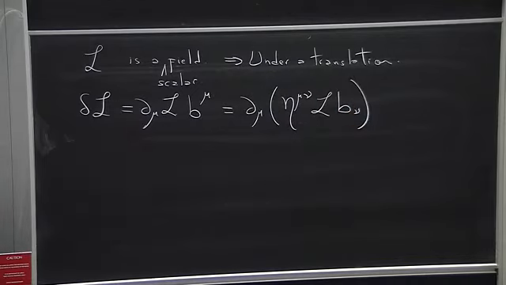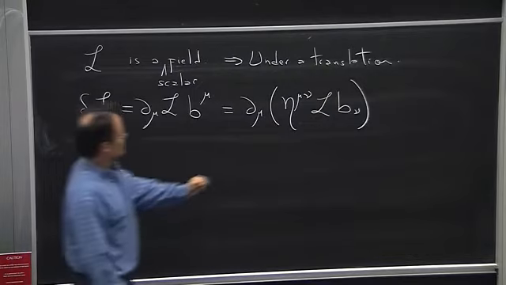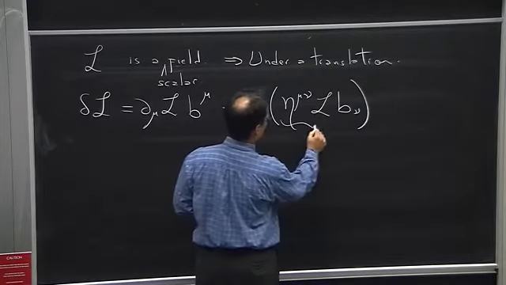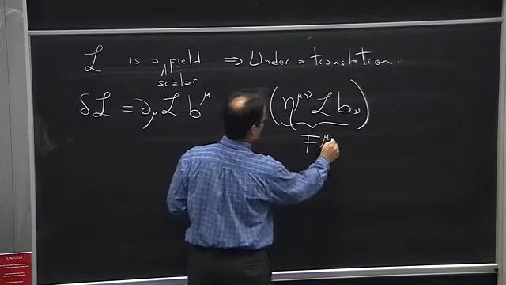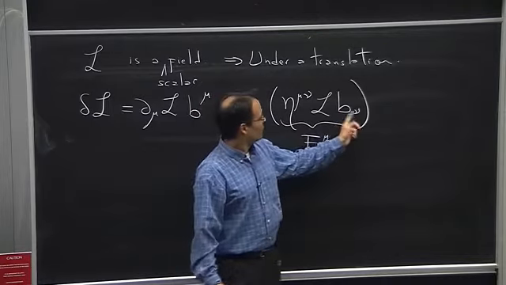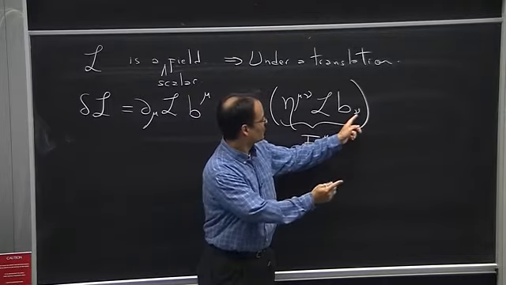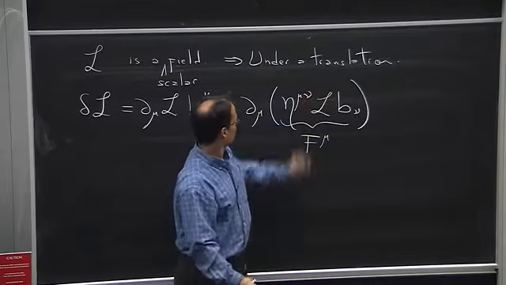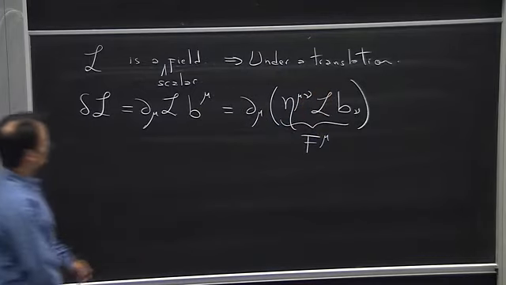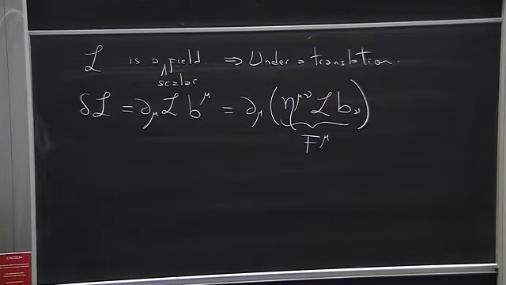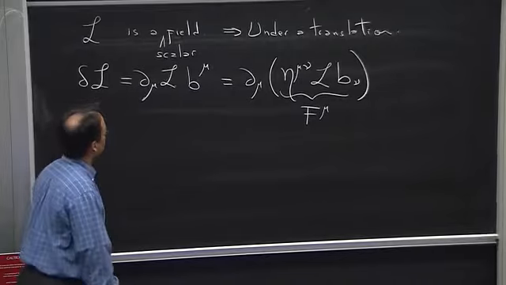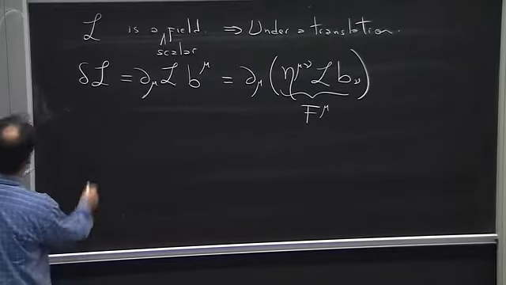nothing really interesting has happened, right? Other than saying that this is now my f mu. And for every parameter, for every translation, I have a new object. Very good. So now we can construct our conserved currents. So the conserved currents